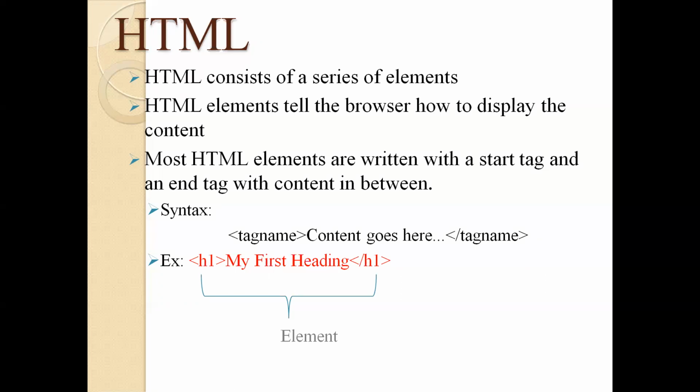As we saw in the first point, HTML consists of a series of elements, where we have multiple elements, and each and every element has its own purpose. So each and every element, meaning a thing with a start tag, some content and an end tag, is called an element. So here h1 is the start tag,